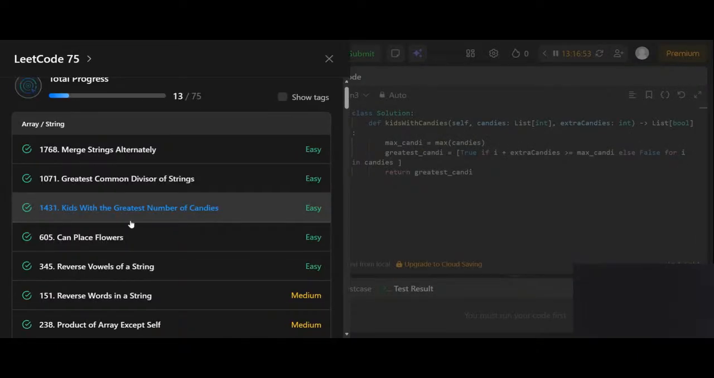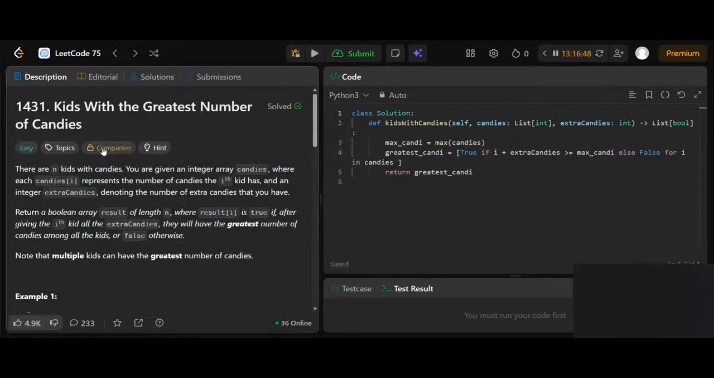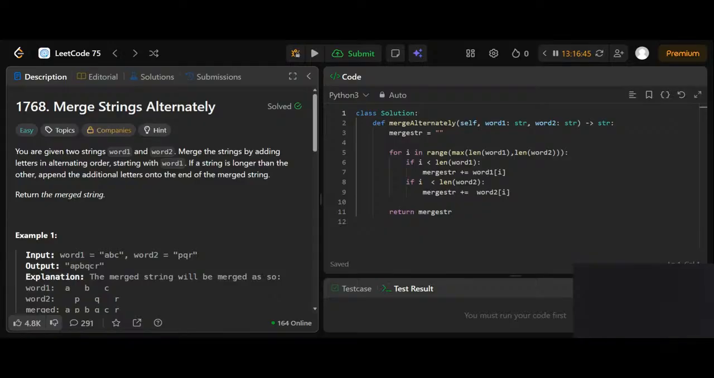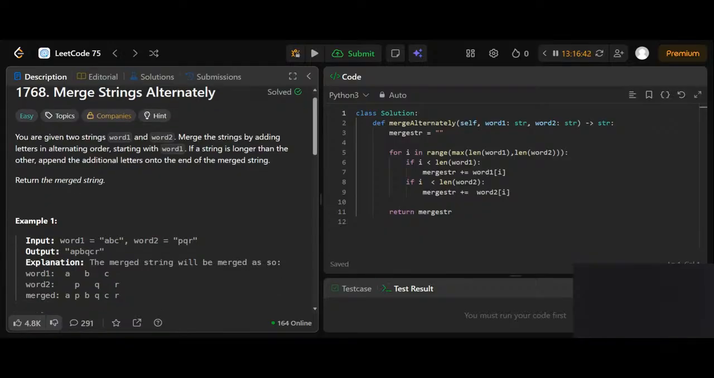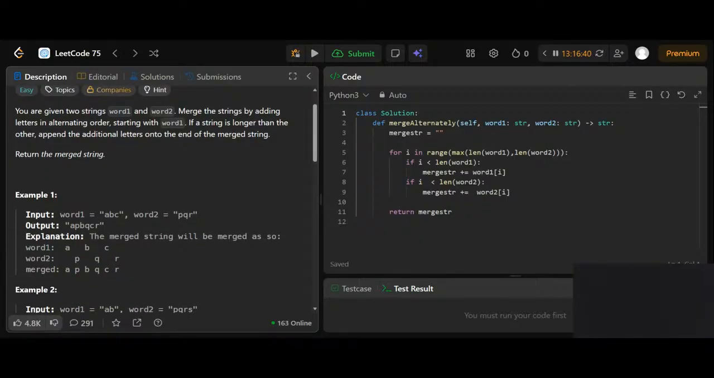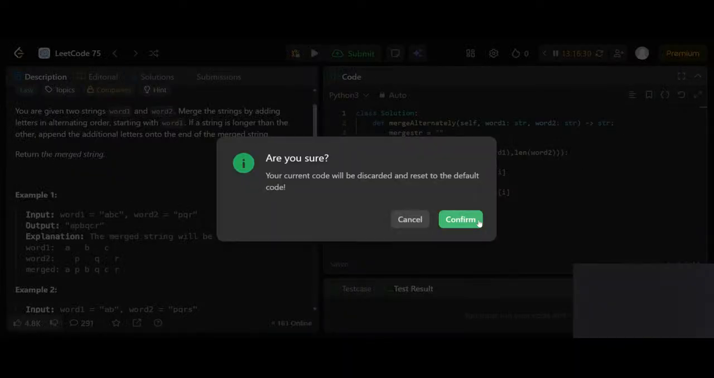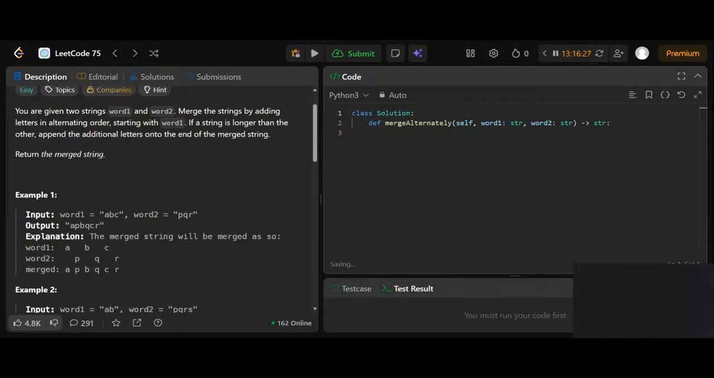Today we are going to solve LeetCode 75 first problem, merge strings alternately. It is an easy problem. Okay, let's first read the question. Let me restart it. We are starting from scratch. So it is an array problem. First, we will read and understand what the question is. The problem statement is: